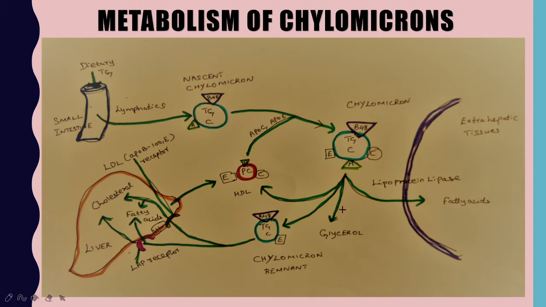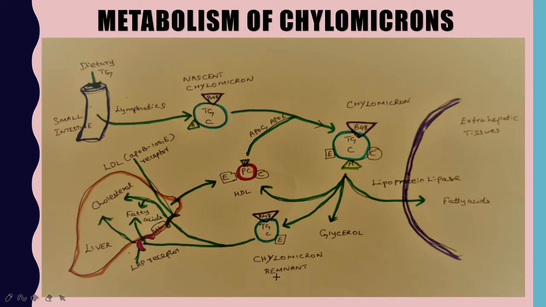Now, after releasing 90% of triglycerides, this chylomicron will shrink in size. Once all the TG content is reduced, the chylomicron will shrink in size, and it will also release the apolipoproteins C as well as apolipoprotein A. Only apoprotein B48 and apoprotein E will remain intact with this chylomicron. At that time this chylomicron is called a chylomicron remnant.